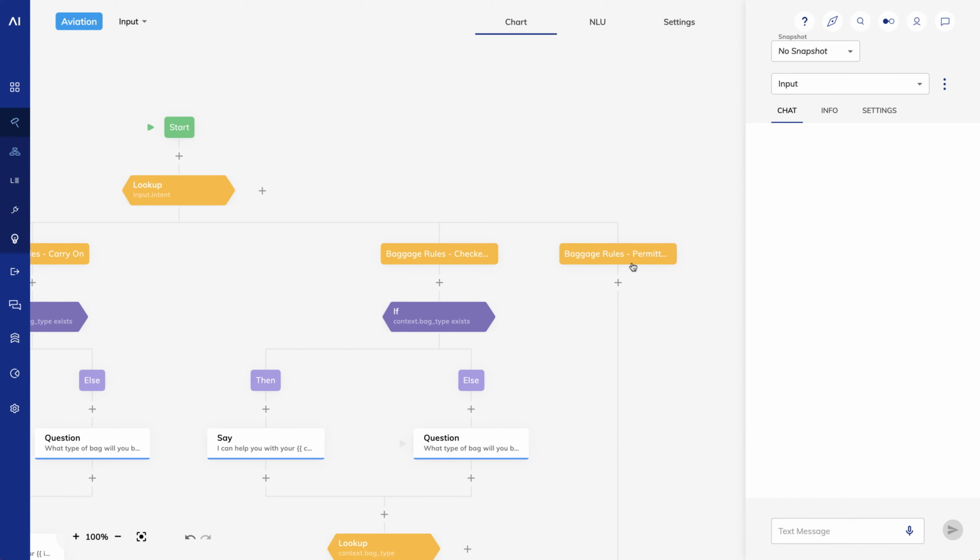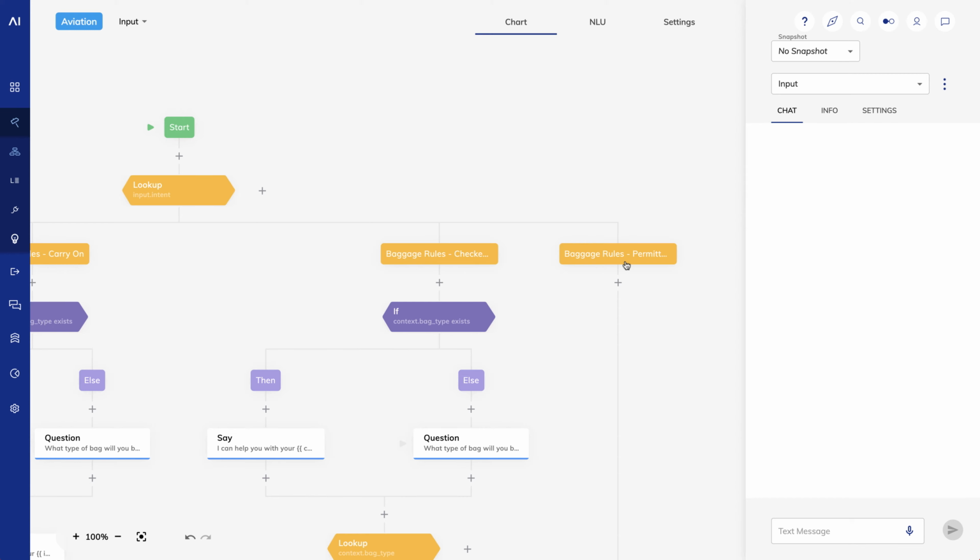Let's think this through. If the intent is triggered, I want to see if the user has already asked about a permitted item. If they have, I'll let them know if it's approved for carry-on or check-in, and I'll provide an explanation if one exists. If they haven't mentioned which item they're concerned about, I'll ask them.